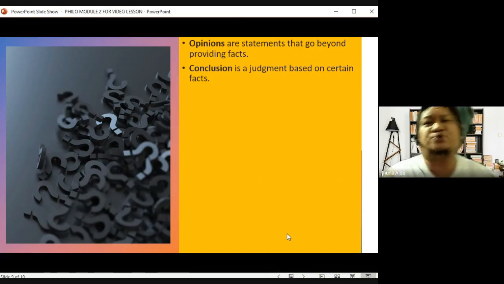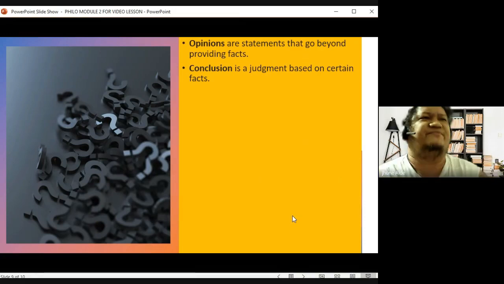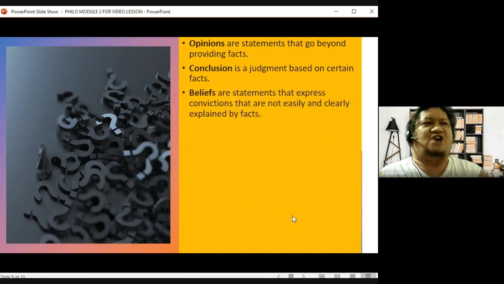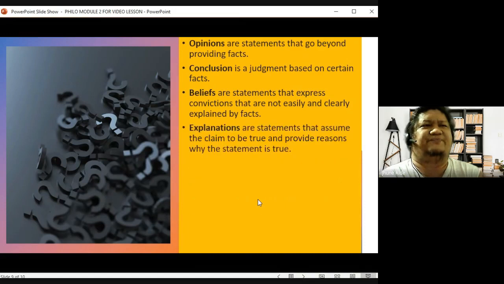And your conclusion will be based on the facts you have gathered. Beliefs are statements that express conviction that are not easily and clearly explained by facts. Okay, so explanation, these are statements that assume the claim to be true and provide reasons why the statement is true. Okay,